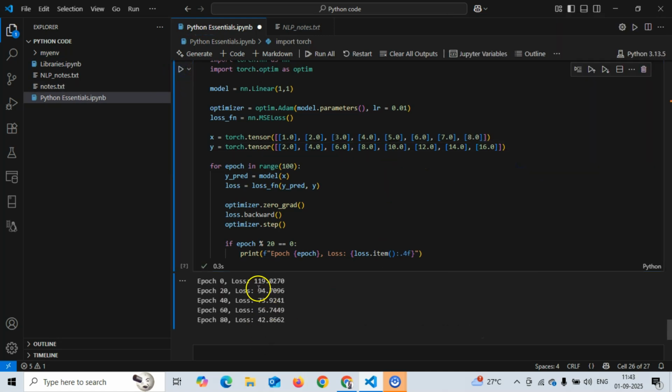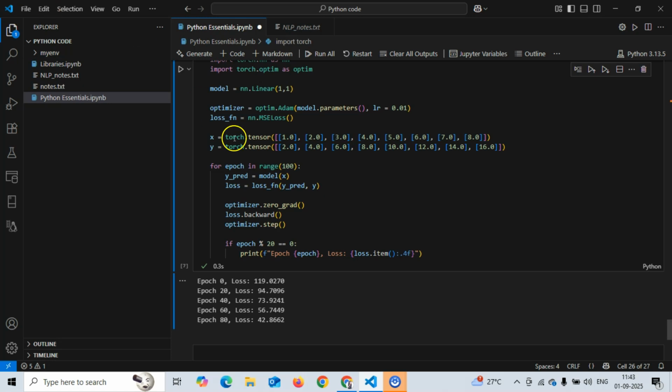Oh, you look at the loss we are getting, it is a much higher value. We got a higher loss, which is 119, because we are increasing the values now. So the model is not learning properly and not making predictions properly, because we got higher values. Now the loss is 119. We move it to 42, which is quite a big difference. We moved the loss from 119 to 42 by the 80th epoch.